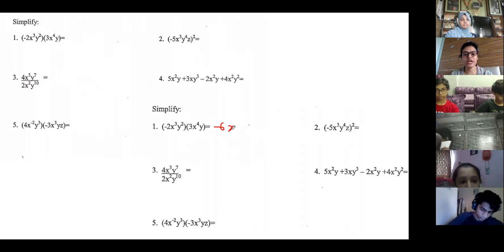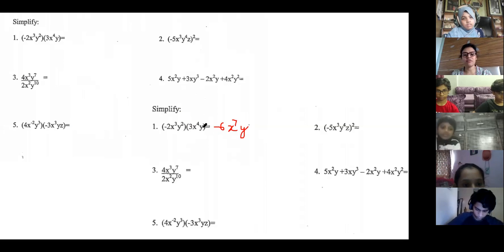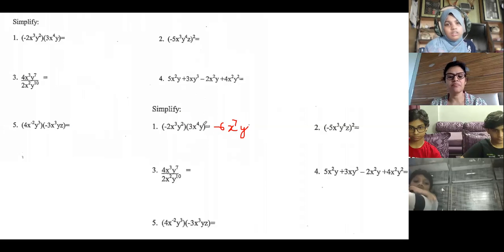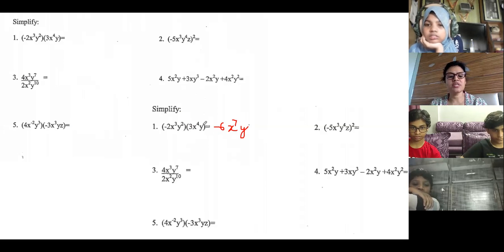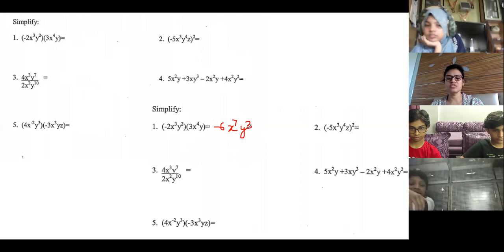So what do you get with x? What power do you get after adding it? 4 and 3, I get 6. 4 plus 3 is 7. And then you will add the power of y. So what is the power of y? 2. And here what is the power, Amina? 1. So 1, 2, 1. 2 plus 1 is, how much is 2 plus 1? 3. Y raised to 3. So this is my answer.